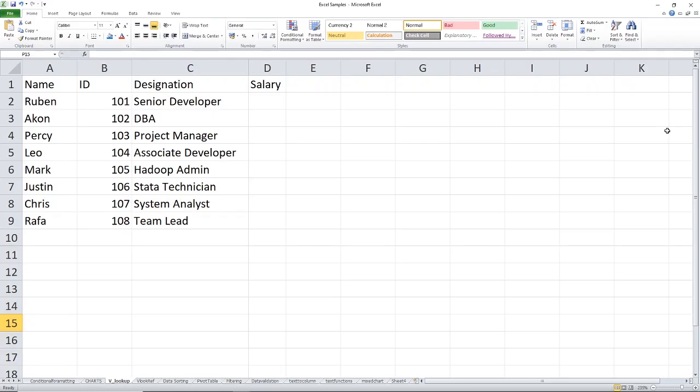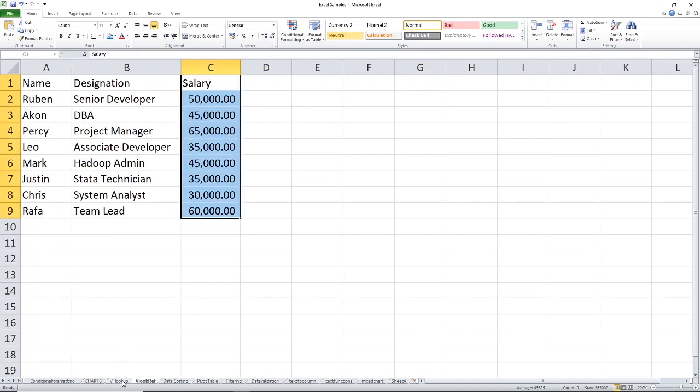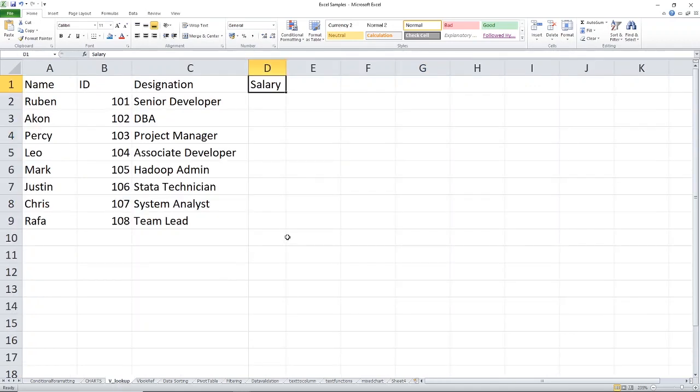Now, let's refer to the screen again. I already created the table which has data of an employee with ID, designation, and the salary column. However, the salary column has no data, and its data is present in the other sheets. Now, to be able to get the data of the salary column, we are going to use the VLOOKUP